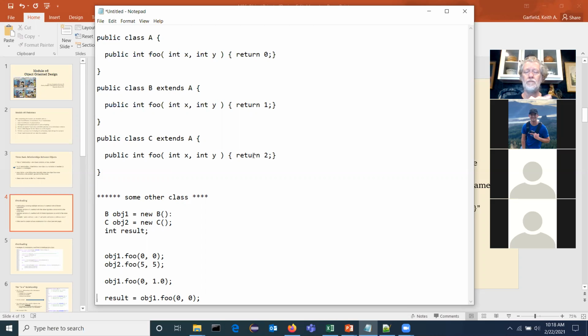So you're saying that typically the inputs will be the same, but the code inside of the method will be different? In an inheritance situation with polymorphism, yes. Otherwise, it's overloading again. If we change the signature, we're back to overloading. But if we keep the signature, we are allowed in the child class to modify the methods that showed up in the parent class. So A is the parent and it returns 0. And then when I do class B extends A, I am allowed to take any method I want to and modify it.